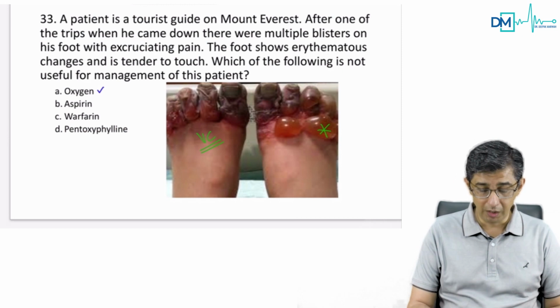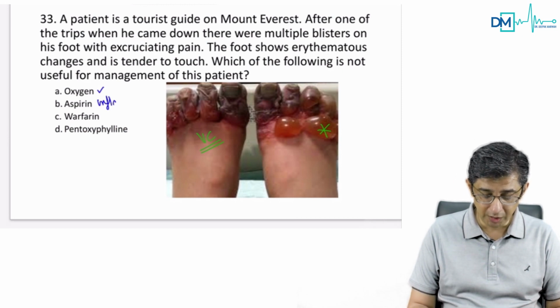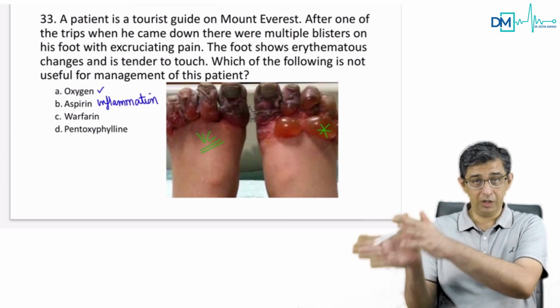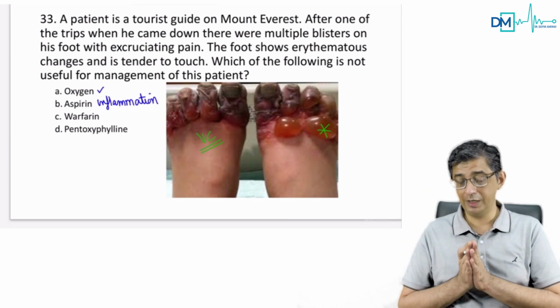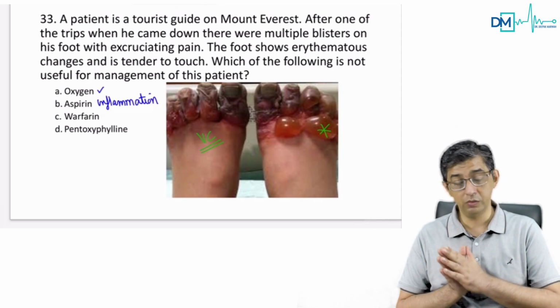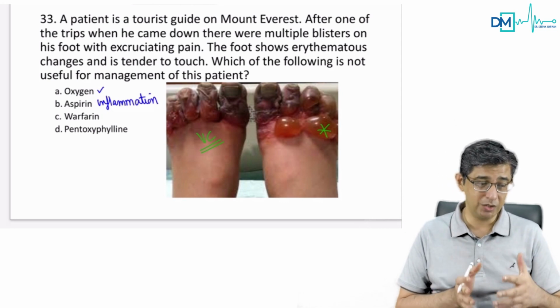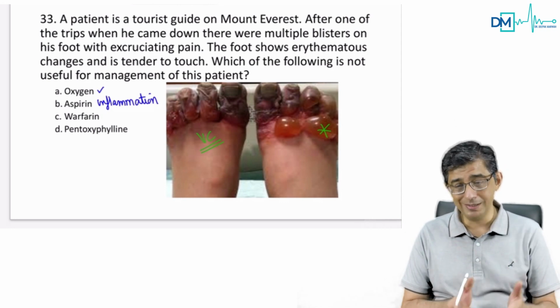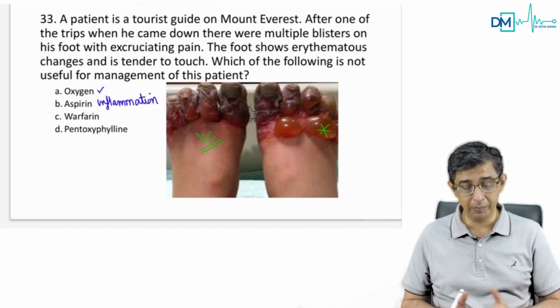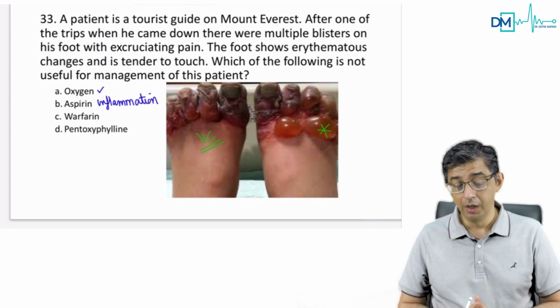Aspirin, well, I want to cut down the inflammation and the pain component. If I am at a peripheral hospital and I don't have, let me say, tramadol, or access to opioids for killing the pain, at least I can give aspirin, which will cut down the inflammation component and the pain component.